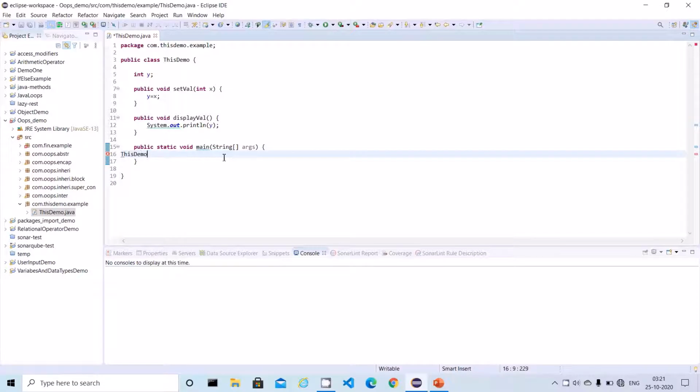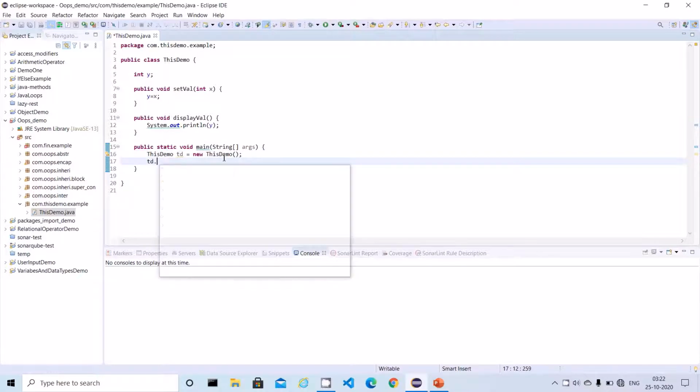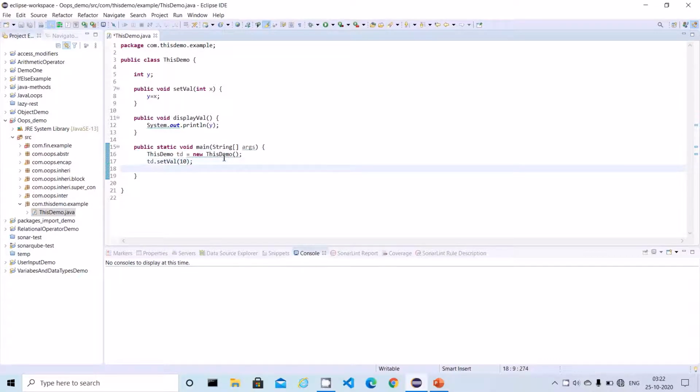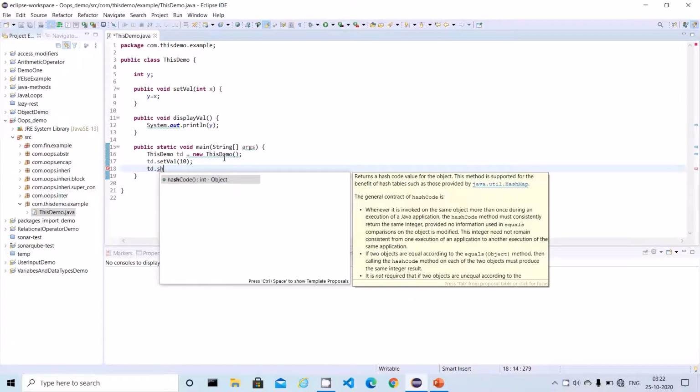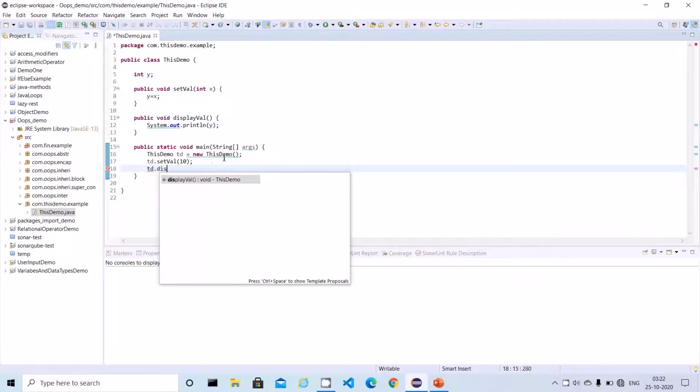ThisDemo. We have already discussed how to create an object, so I'm just creating the object and let me pass the value, and then followed by display value.